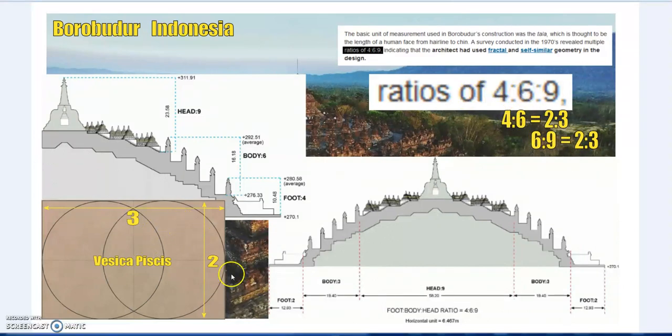So you can see how the Vesica, whether that was the pattern or not, is not important. What matters is that ancient architects across time, across the world, across cultures, always come back not just to the same numbers, but also to the same ratios and proportions, which are then reflected in the measurement systems as well, which is a curious feature. Because if they just knew these geometric ratios, okay, this can be developed independently, but that multiple cultures across time, across the world, always come back to the same number systems, and that's reflected not just in proportion but in the units of measure.